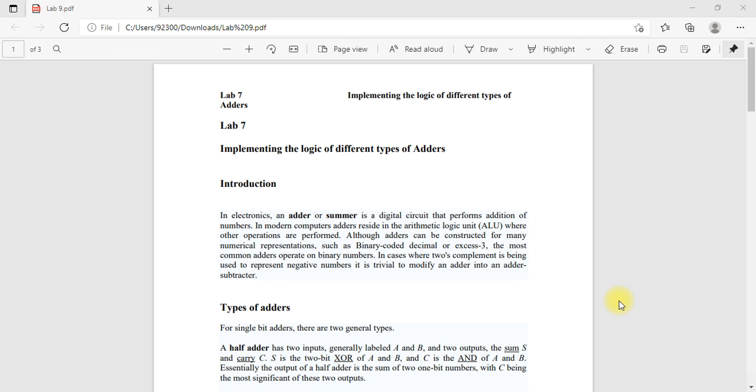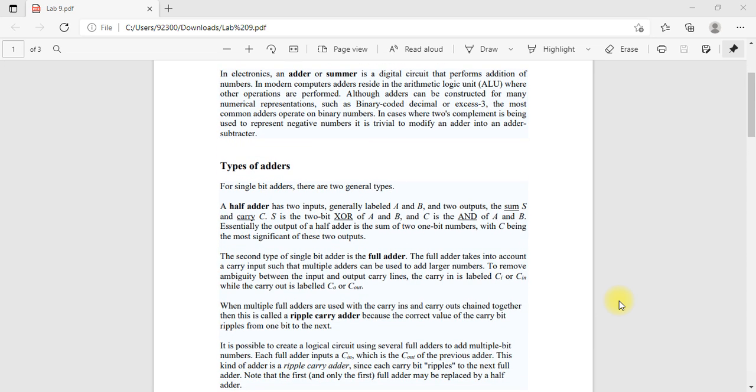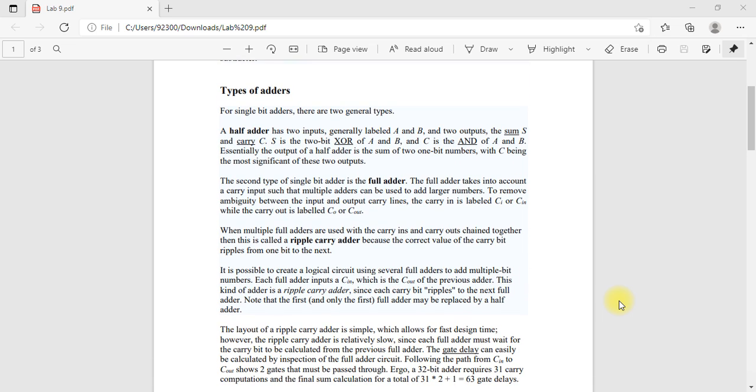What is meant by the adder? An adder is a circuit which we use in order to implement the addition between two binary numbers, and the same way a subtractor is used for the subtraction between two binary numbers. There are multiple types of adders that we have already discussed in our previous lab, which include the half adder, full adder, ripple carry adder, and many more, as we have had a detailed discussion on it in our theory as well.